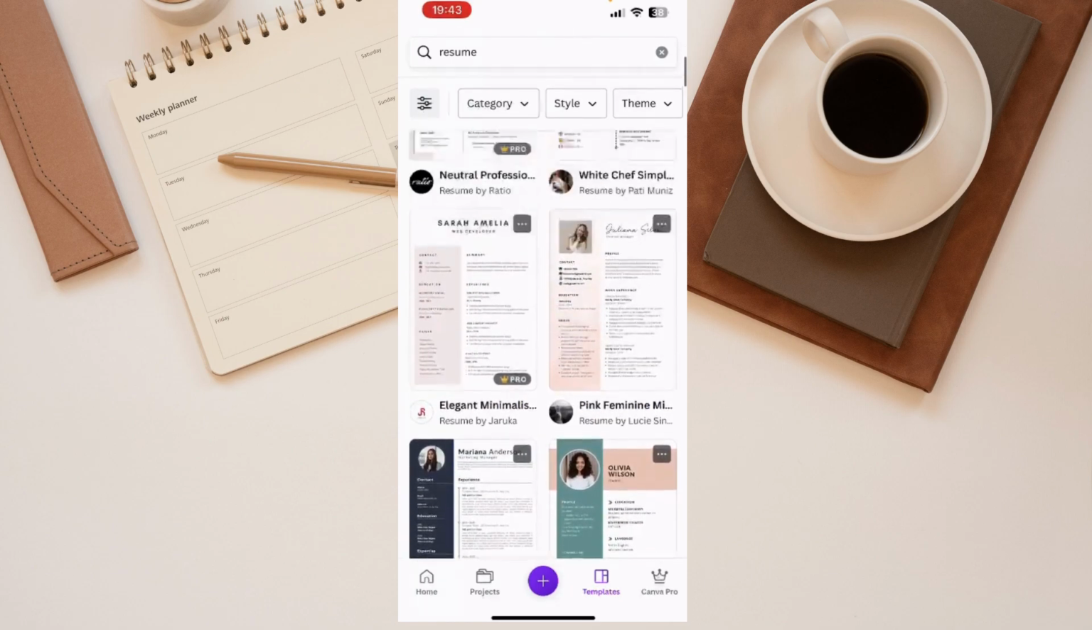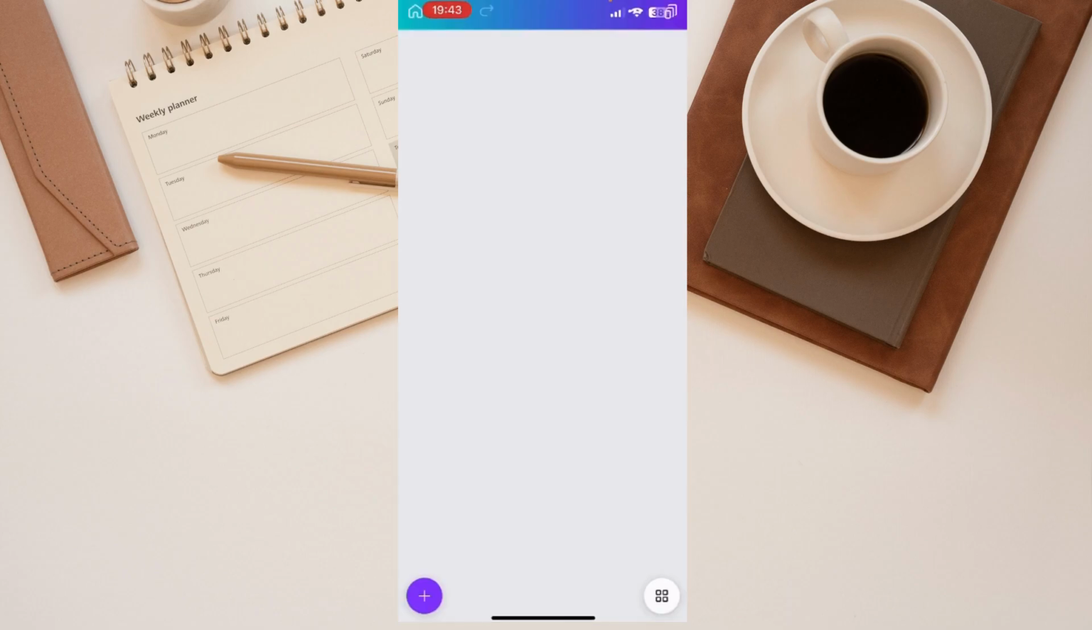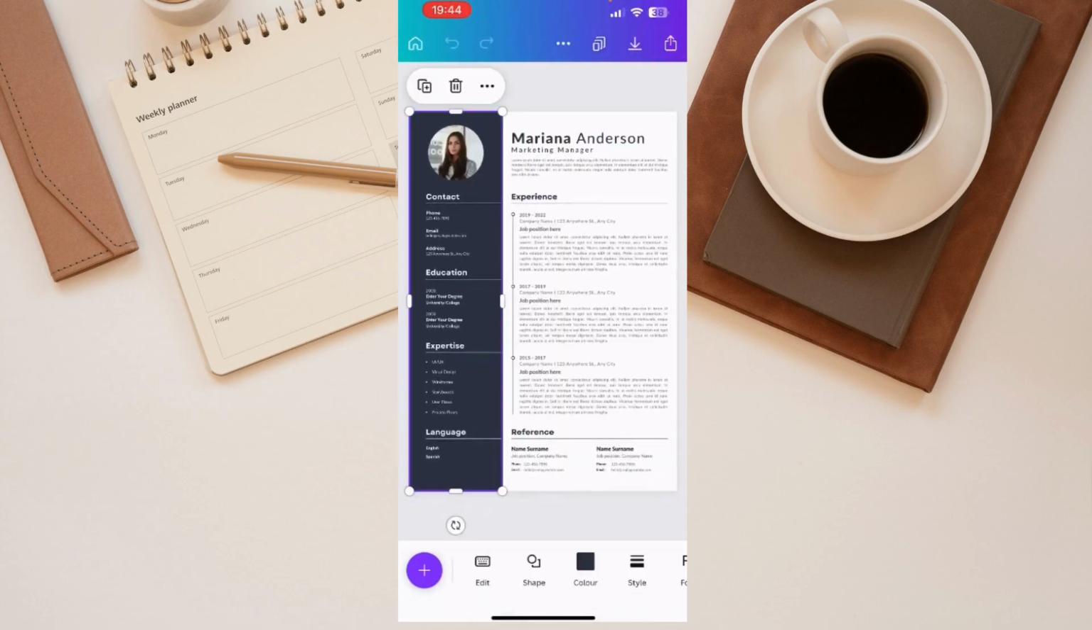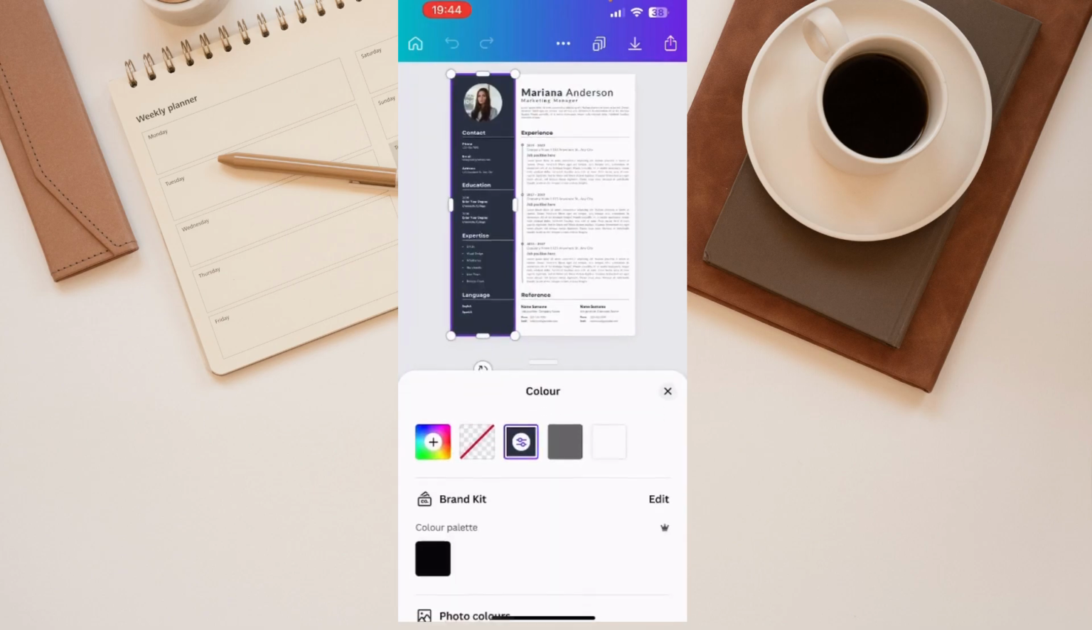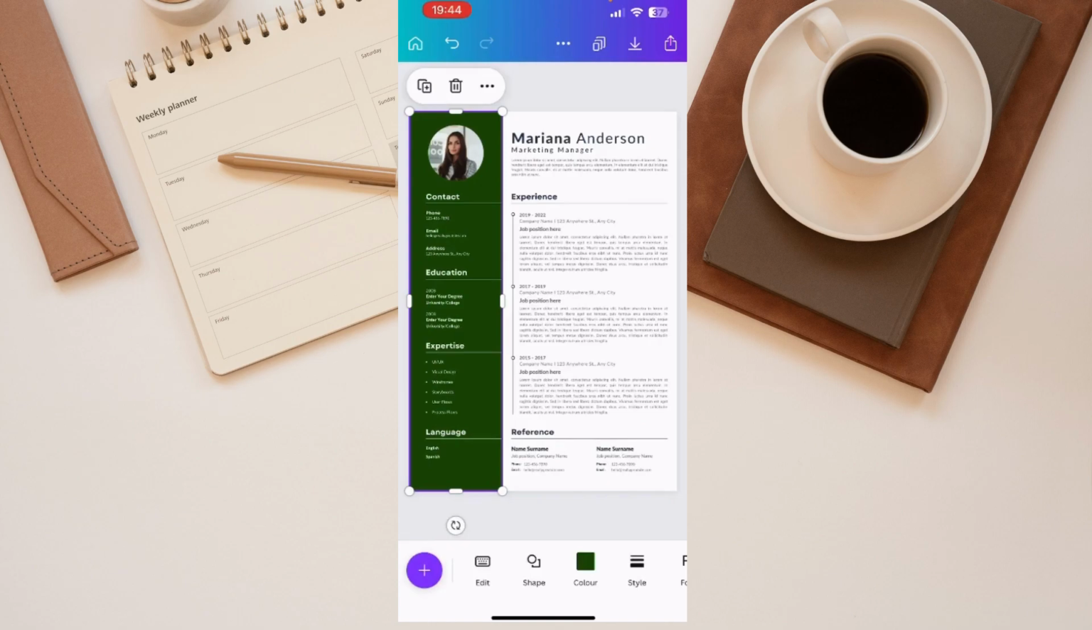So you choose one that fits best for you, and you don't have to worry because you can change everything. So for example, we choose this one, and if you see here, you can also change this color. If you don't like the color, you can change it to, well, if you like green, for example. And you can also add different styles. You can add your own picture. You can change your name. Well, in fact, you can make your resume